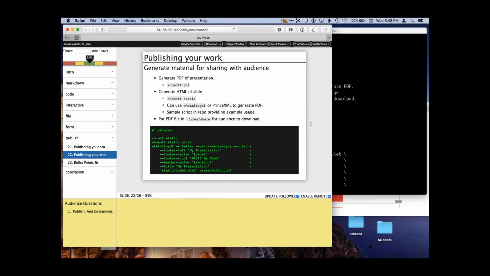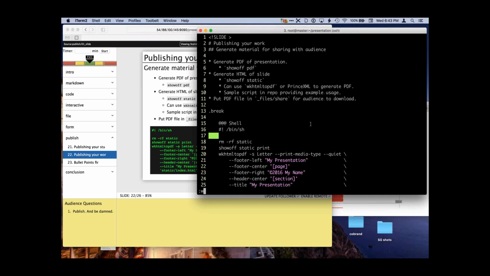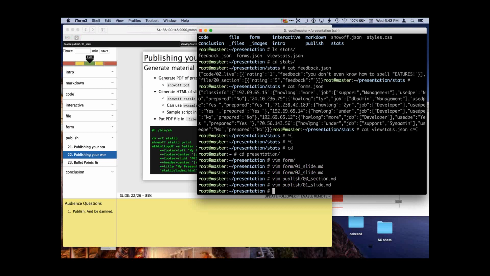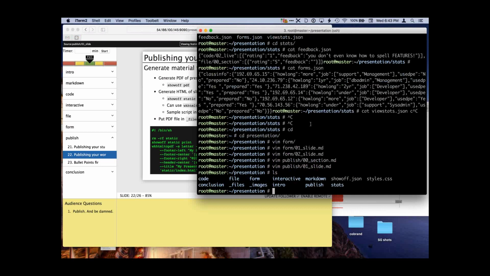Showoff allows you to do a handful of really neat things. If you just want a PDF, you can just run Showoff PDF and it'll spit out a PDF for you. If you just want HTML, you can run Showoff Static and it'll give you some static HTML. I don't think I have the WKHTML to PDF gem, so I won't do that one, but I'll do Showoff Static.